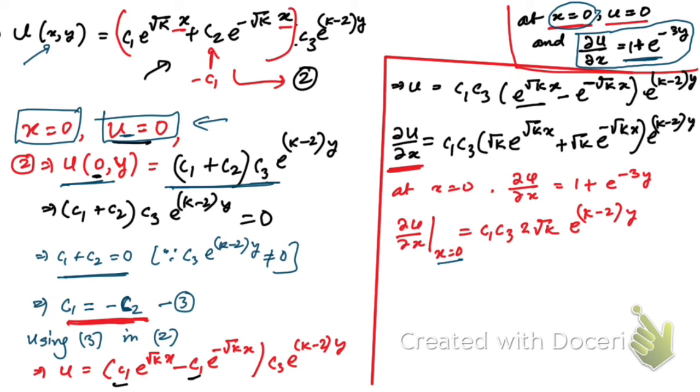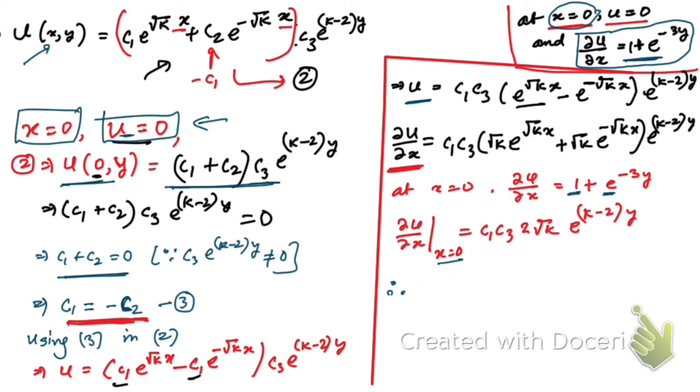So that's why we can say C1 C3 2 root k e to the power, here one more thing, as there are two terms, this one and this one, so we can say simply, now remember one more thing, that this solution, its general solution can be written as u is equal to summation from n is equal to 1 to infinity un, right? Or you can say u1 plus u2 and so on. That's why we can write